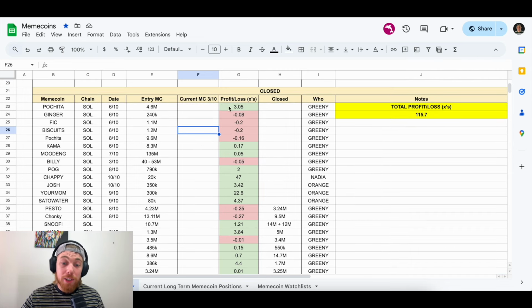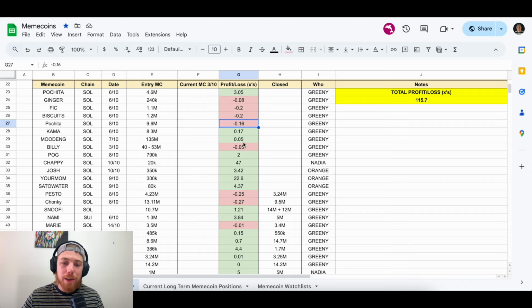But as you can see, these are all the trades that we've taken, so small losses, and that's what I mean. We have invalidation because we wait for price to come to us. We trade, sometimes we gamble, but we trade the majority of the time. I'd say 80% of the time, we are taking trades based on TA, based on narrative, based on what information we have at the time, based on analytics like holder scan and those sorts of things, and we're diving into